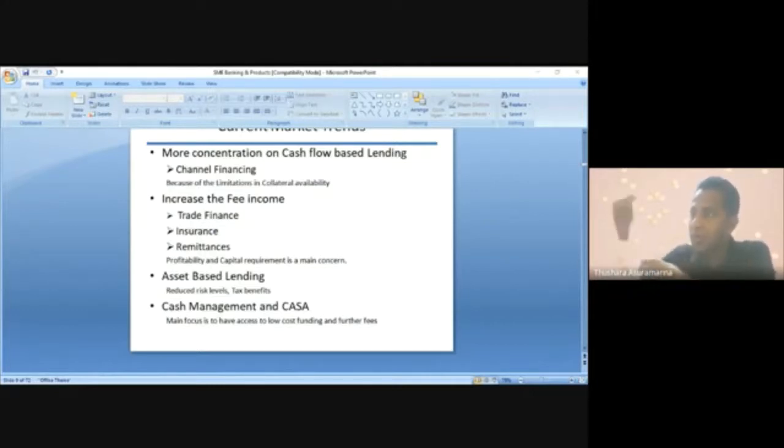Pawning also comes in handy. In time to come also, we see quite a number of pawning business happening through banks. Not having a very big portfolio, but because you can get bigger margins there. Anyway, you have an asset, no? In almost all scenarios, pawning gold prices have gone up. Very rarely, on one or two occasions, it's come down. But if you're proactively managing that type of portfolio, you get a bigger income while a lesser risk. Why? There's an underlying asset.